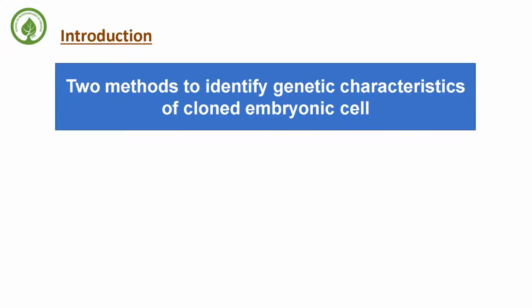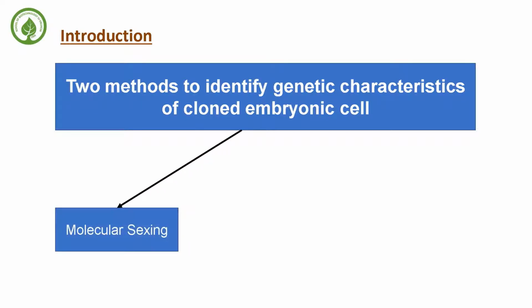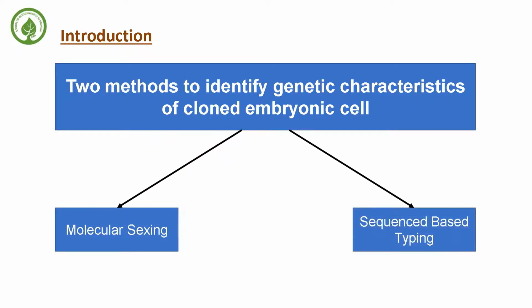Two methods are considered for the study, which are molecular sexing and sequence-based typing. Molecular sexing is a quicker and easier method, by detecting the sex chromosome. However, the limitation is that it cannot be applied if the donor cells come from a female. Sequence-based typing is a more complicated but accurate method, which is by reading a part of the DNA sequence of plasmid using